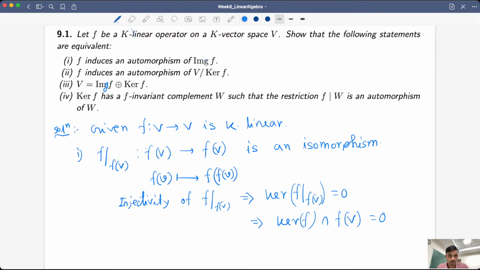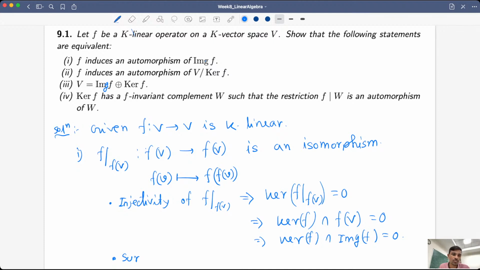So I'll just replace it as, okay, let it keep like, so kernel f intersection image f, this is 0. So this is injectivity implies. What is surjectivity here? Surjectivity means if I pick any v belongs to V and consider f of v, then